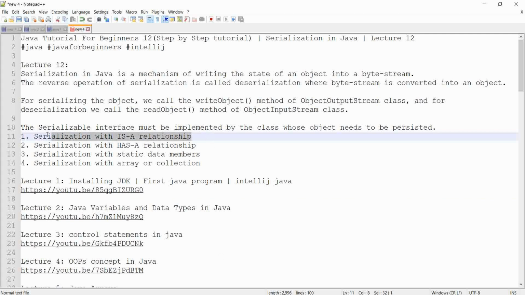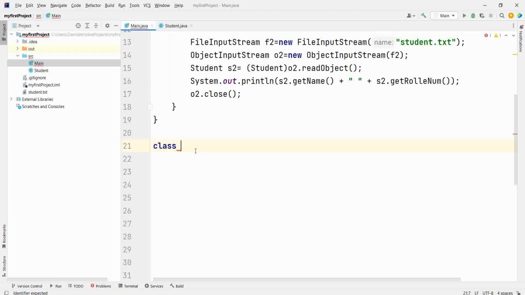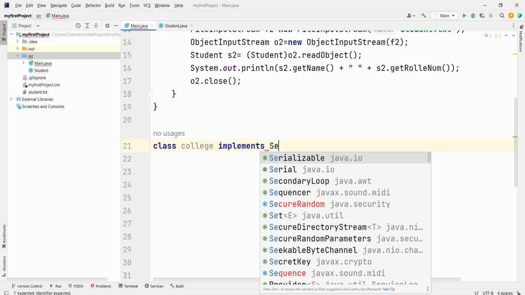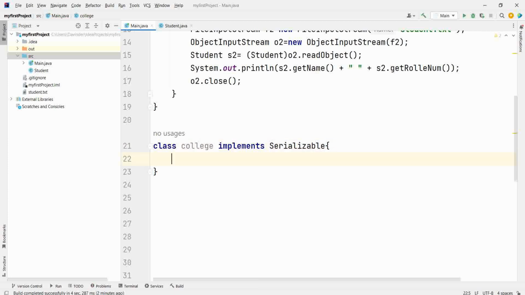Now there are some points that you need to remember. One is serialization with IS-A relationship. It means with inheritance. In this case, if you have a parent class which implements Serializable, then the child class will also implement Serializable. Like you have a class named College. It implements Serializable. Let's say you have a college name.